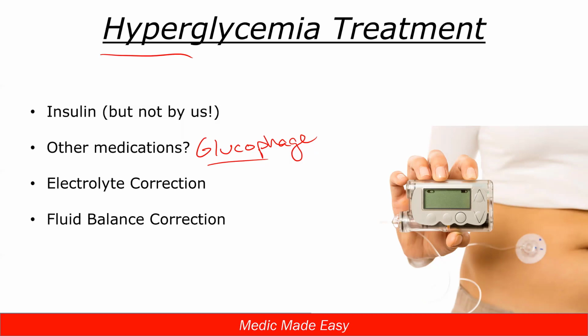It's too individualized, right? Everybody's on their own particular type of insulin, their own scale of insulin. Some insulins are rapid onset, others are delayed, more slow onset. So it's very individualized, and it needs to be done very carefully inside the hospital. So for us, it's mostly recognition that their blood sugar is high and that they need to get help in the hospital, whether it's insulin or some of those other medications.